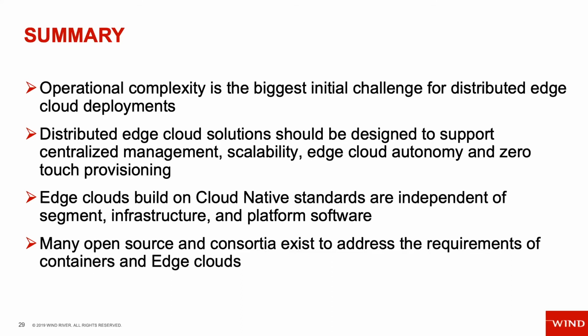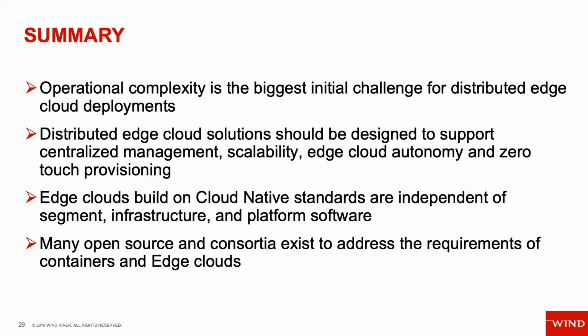And these new distributed edge clouds really are intended to support centralized management, edge autonomy, and ZTP. And you can see that cloud native standards from CNCF and other places are what's going to help drive